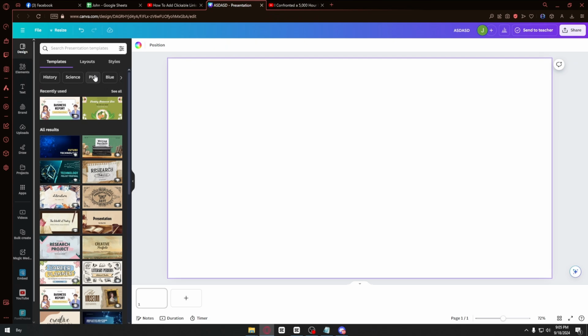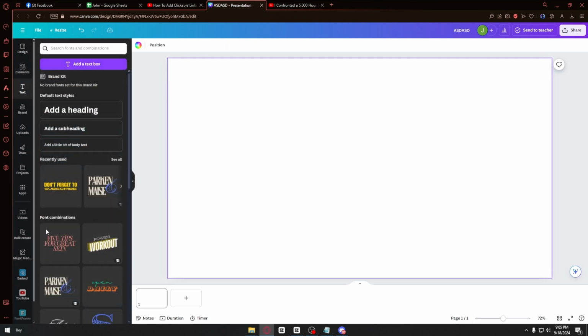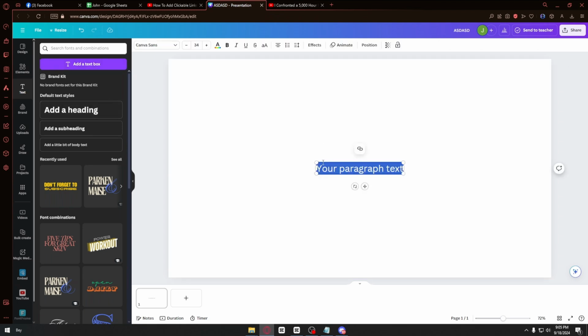Now it's really simple. All you have to do is click on the text button right below, right beside the categories right here, and you can just go ahead and choose any one of these text presets. In my case, I'll just go ahead and click on add a text box, and from here you can go ahead and add any text the way you want to. In my case, I have YouTube here,